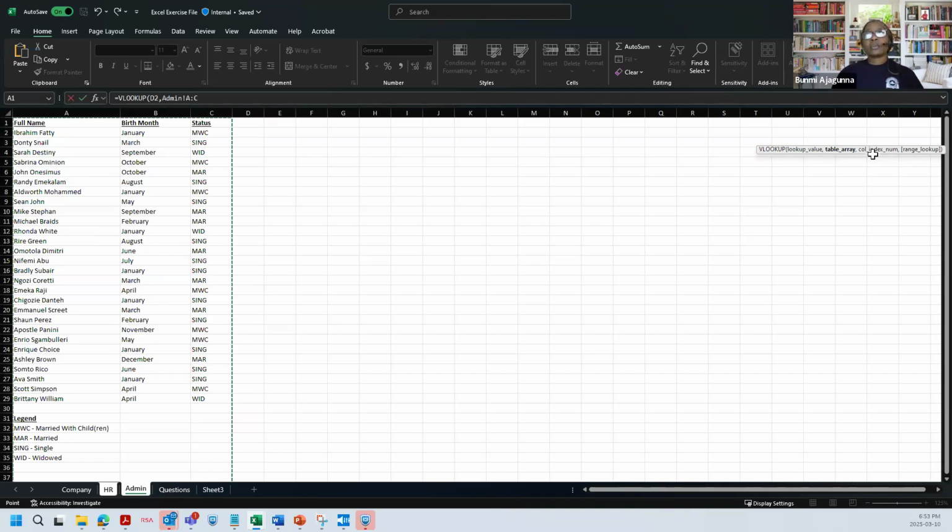What do you mean by column index number? Basically, you're going to count the number of the column that you want. What I want here is the birth month, which is column 2, as in A to B. I'm going to stop here a little, and I'm not going to put my cursor down. There is something that you can see. It's a number. It's right here. Can you see it? This is it. It's going according to how when I move, but it's a number that is showing the total number of rows that I have picked versus the columns. What you want to see is the number before that column.